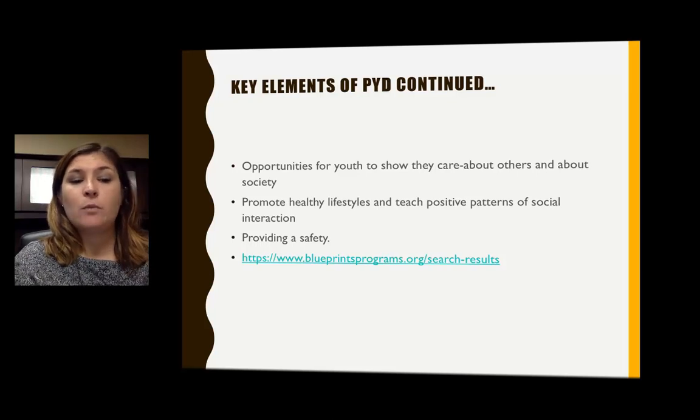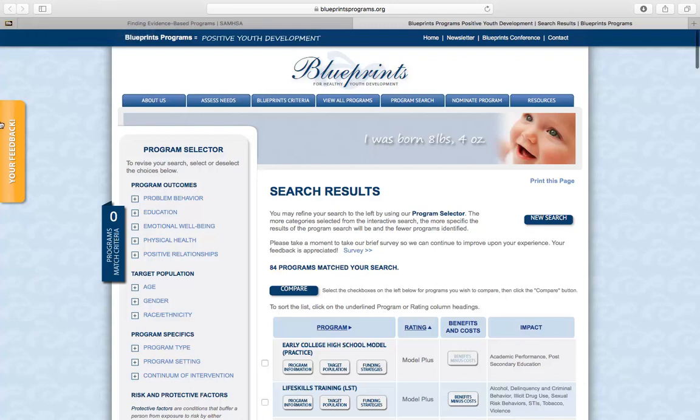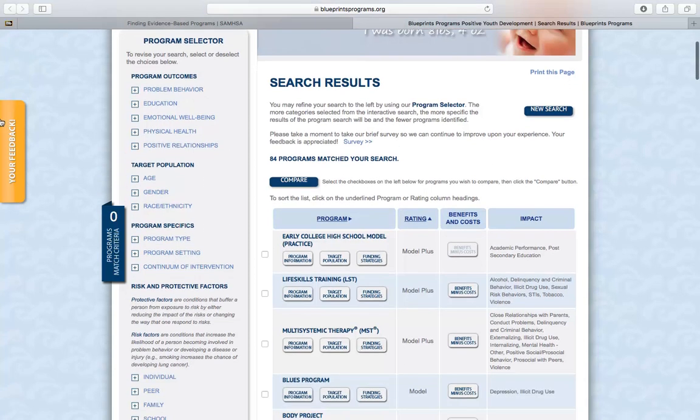Lastly, I want to show you some ways that you can search for specific types of positive youth development programs. Blueprints is a specific program selector website that supports the adherence of the positive youth development model. You can find evidence-based programs specifically for this approach in an array of areas, including violence, pregnancy, substance use, and more. For example, I just searched for substance use disorders programs, and these are all the programs that I found.